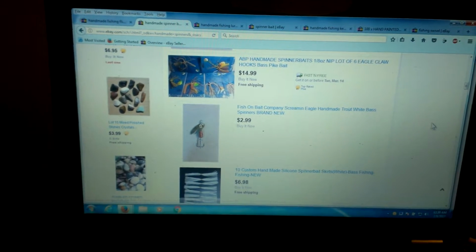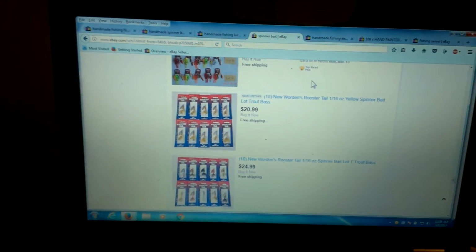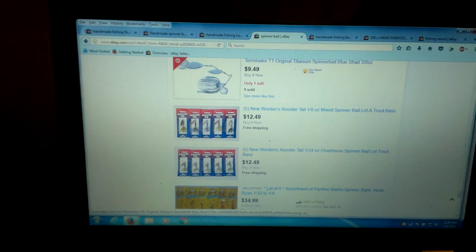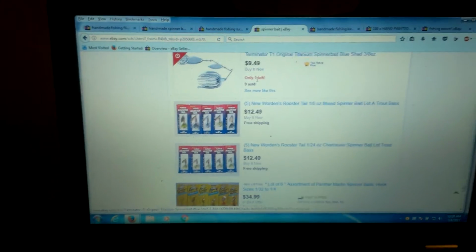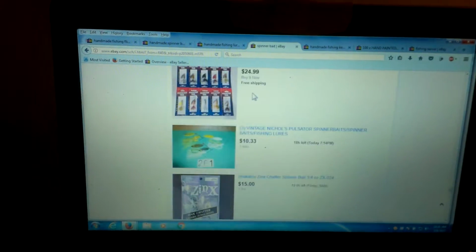And yeah, you can also make spinner baits. Spinner baits always sell well. Those are like the bass size ones. These are more MEP spinners here. Yeah, like these ones here. I'm pretty sure you can buy the pre-made wire here, so then you just have to add your blades and your skirts. And if you buy them all and just piece them together, you're still going to be making decent money. But you could also get to the point where you could make your own,